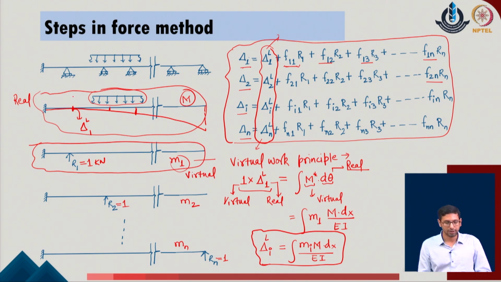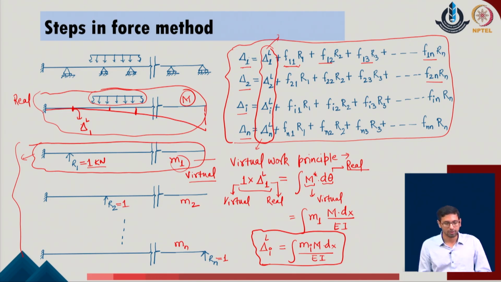It may be possible that the external load is not directly active at the same point. So, we need to make a virtual system with a unit load at this position, and for this given problem we already have this given system which is applying the unit load at the position of the reaction 1, and that is considered as the virtual system for the given problem. So, I consider now these all unit load systems as the virtual system, and corresponding to that the given system of the loading is the real system of the given problem.